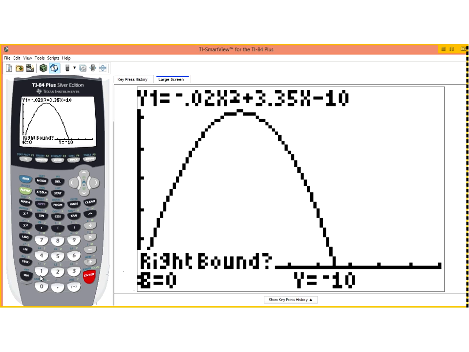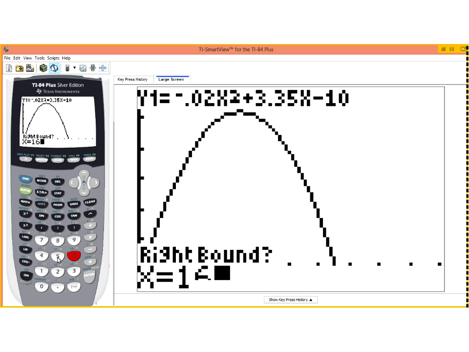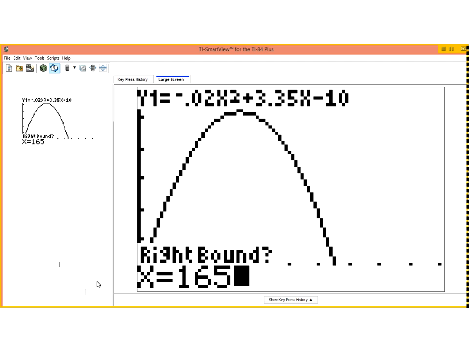How about 165,000? Don't do that right now. Oh, come on. Don't crash now. All right, so the calculator is quite grouchy. You would enter the right bound, and then you would enter a guess, and it would give you the